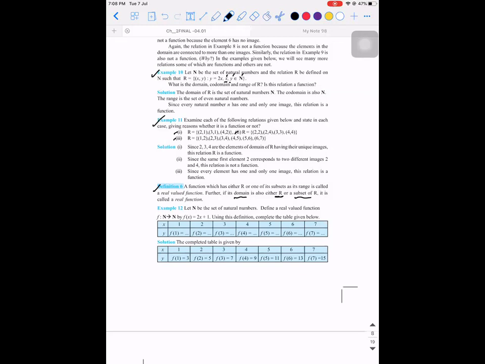For example, x square plus x plus 1 is equal to 0. What are all the values of x that satisfy this? If you observe, the discriminant will be less than 0. But this doesn't mean it is not a real valued function. I'll explain what it is for you.